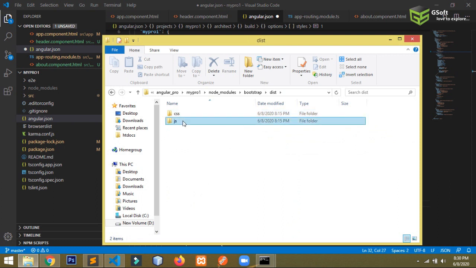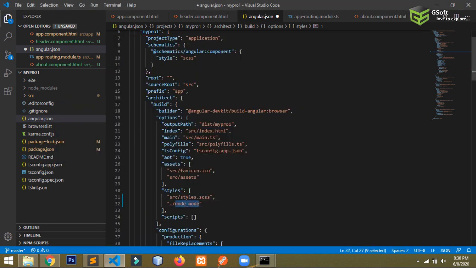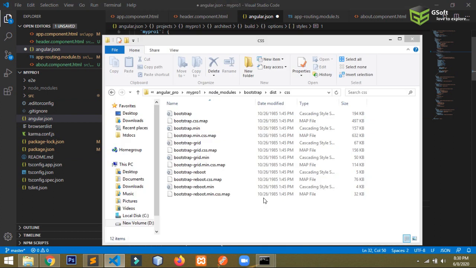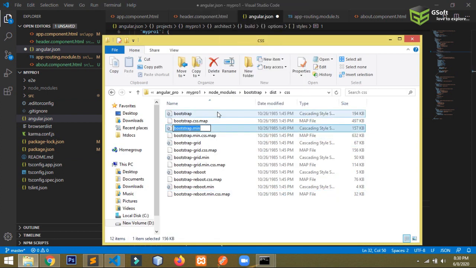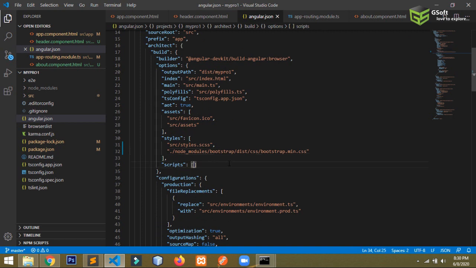I want to call css right now, so I will just copy this from here and I will just paste it here. So it says error because of the backslash. I have to use forward slash here, and here I will write the name of the file. So file name is bootstrap.min.css. Okay guys,